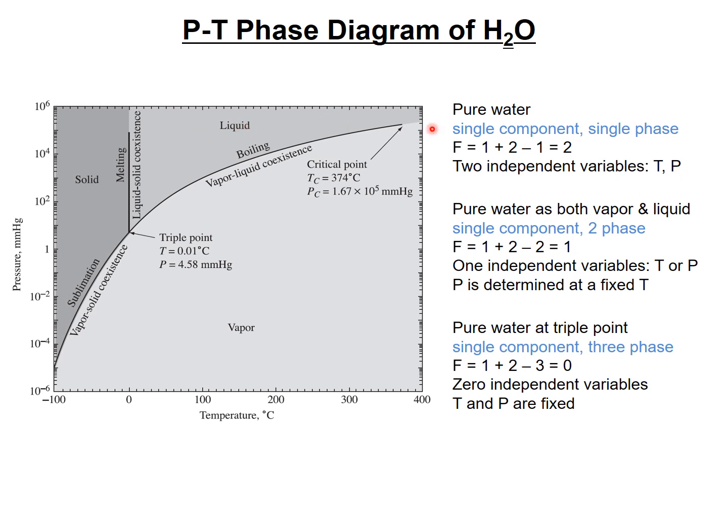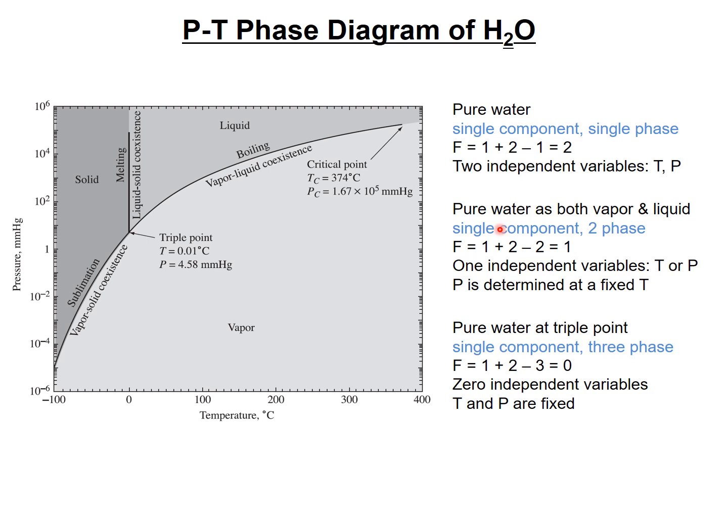So pure water is found in an area because we have two variables of temperature and pressure. So only liquid water is found in this area. The same goes for vapor. Vapor is found in the area because temperature and pressure can be varied. Solid is the same. So a single phase is found in the area based on variable temperature and pressure.